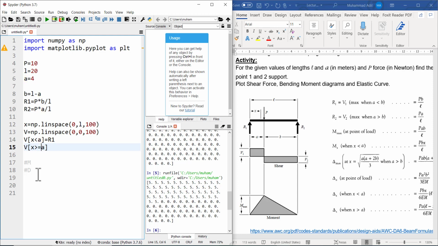So if now I am saying that if the value of x is greater than or equal to a, so including 4, all the values of x from 4 to 20 will be used for v, and there we know that all that is equal to negative of the reaction number 2. So we can write minus r2 for this. Let's now print it once again